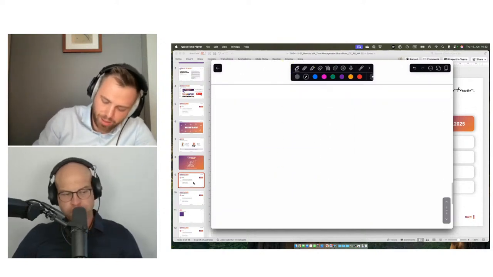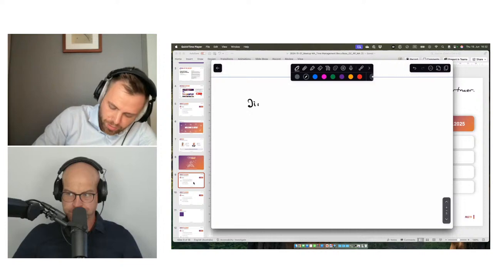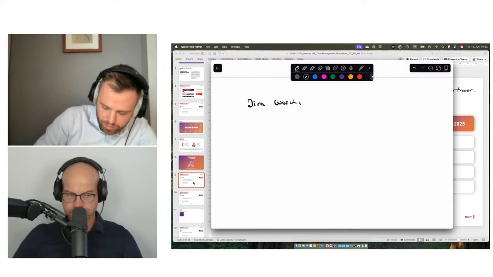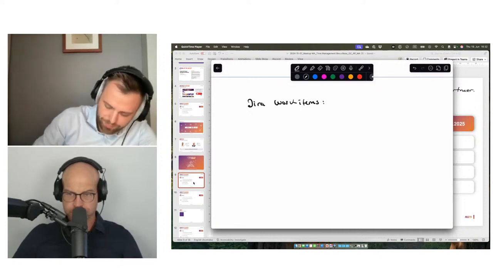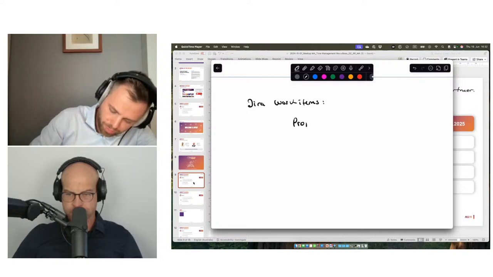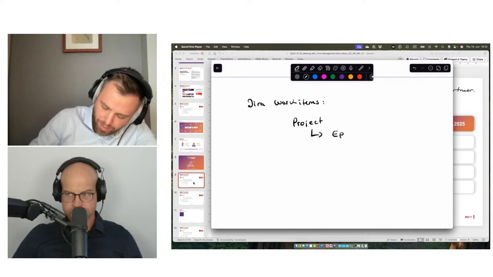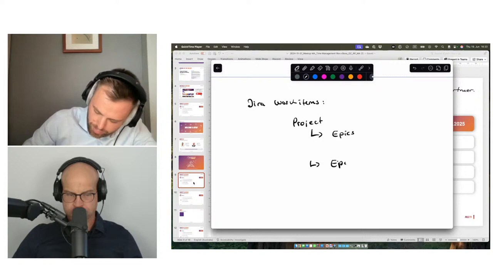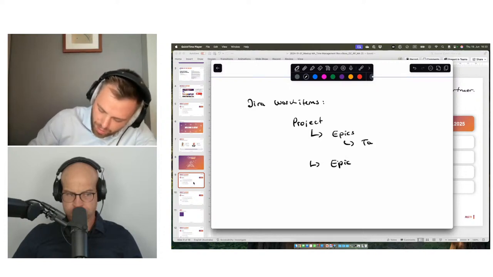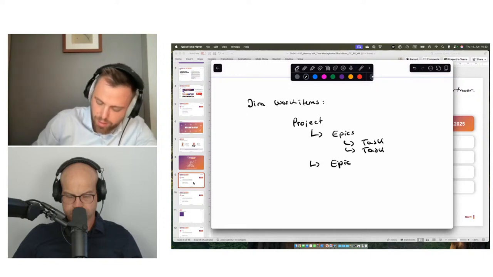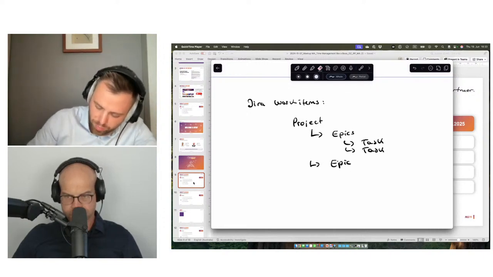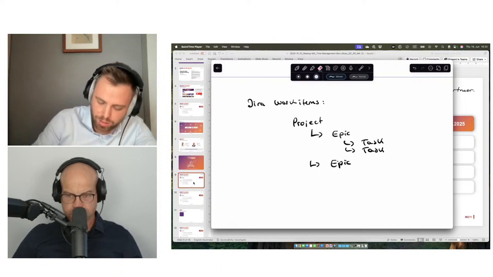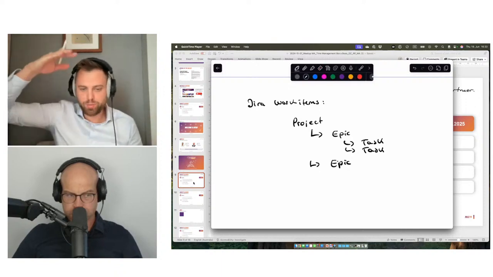And let me sketch that again. You will have in Jira work items. You will have project as an issue type or work item. In a project, you can have multiple epics. So epics, whatever you want, epic 1, epic 2, and so on. And in this epic, you can have multiple tasks, obviously, and then underneath subtasks. And this is very important because if you don't have this hierarchy, you cannot scale up and build the hierarchy